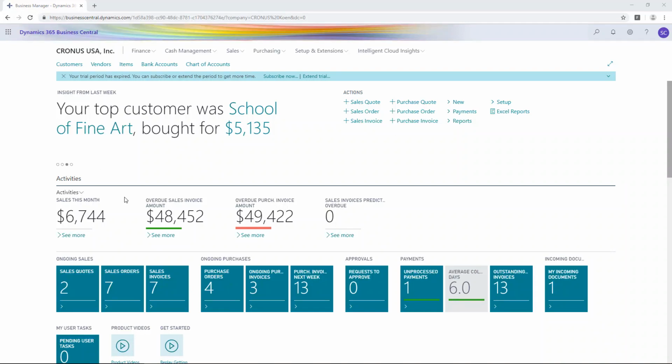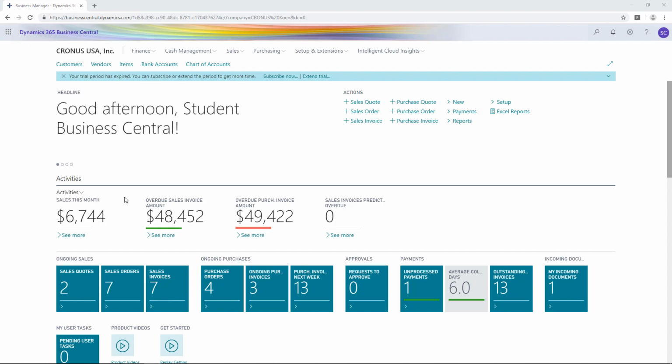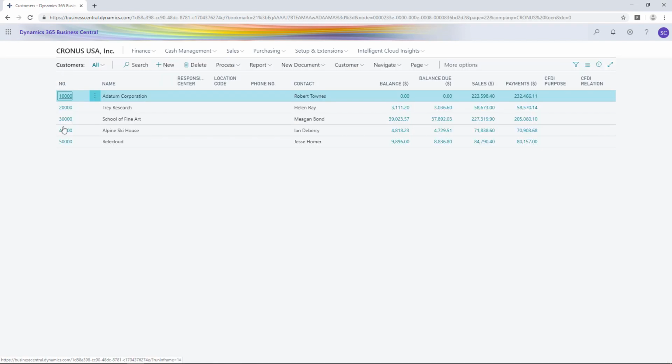So up until now, we have seen how we can add and change data in Business Central. What we are going to do now is try and use Excel to change data inside of Business Central. So for instance, if you go to customers and you end up in the customer list, then you might say